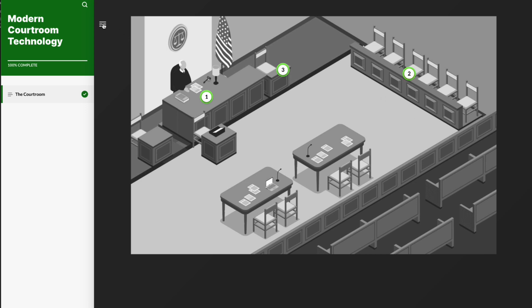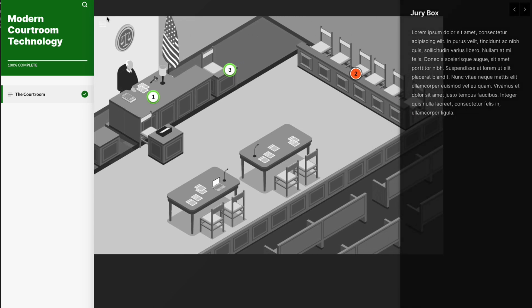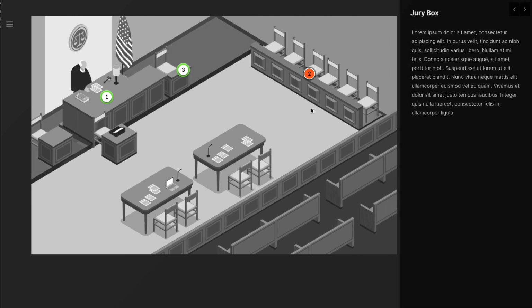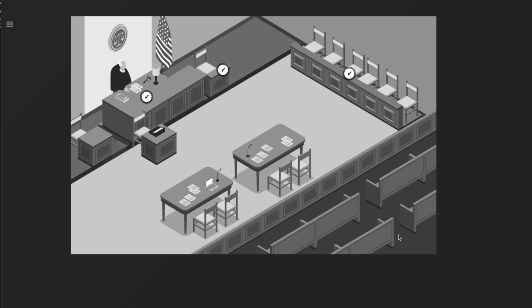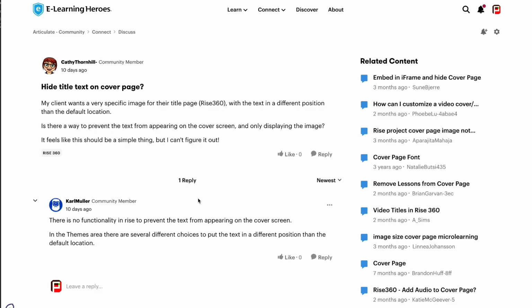But also, a little sneak peek here. This is my dark mode overlay with the text on the side. Still working on it, not totally complete yet. But one other item here: